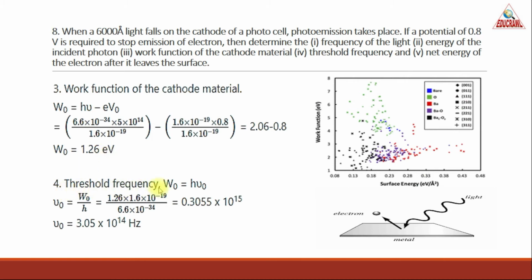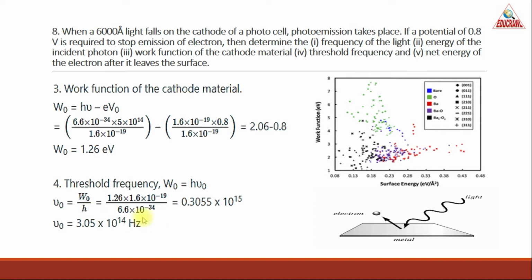Fourth one, we are supposed to find the threshold frequency. Threshold frequency mu naught. We know that W naught is equal to h mu naught. So mu naught will be equal to W naught divided by h. W naught, before only we have found out as 1.26. So 1.26 the whole divided by